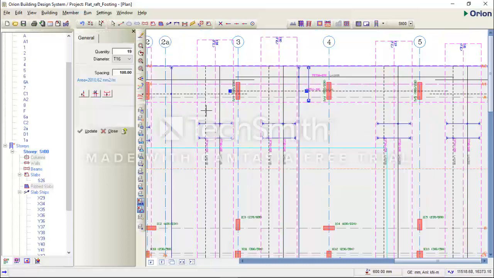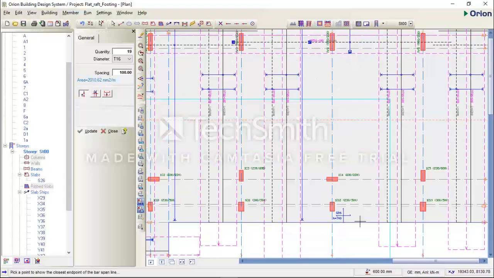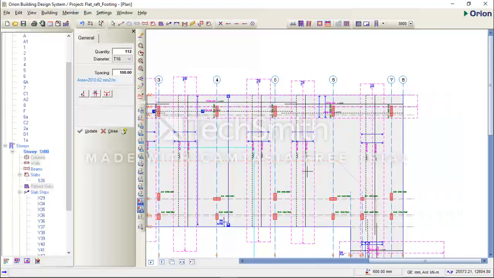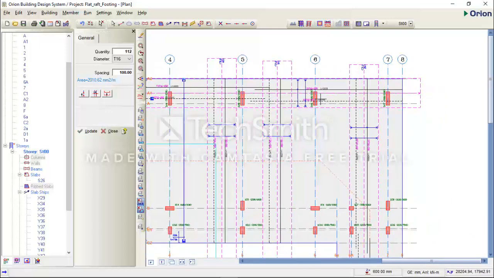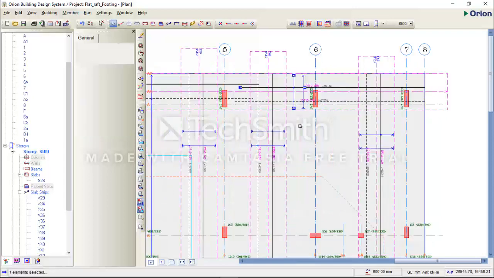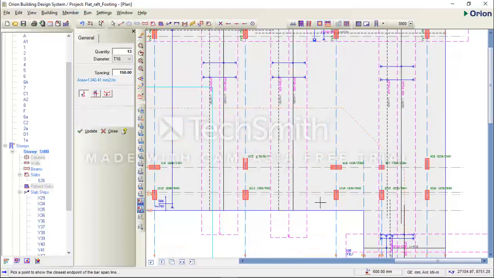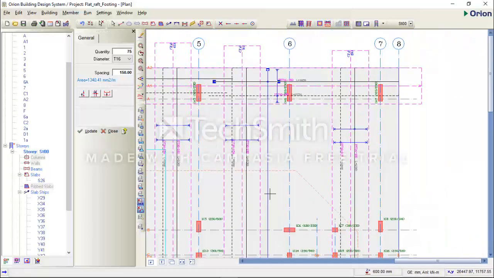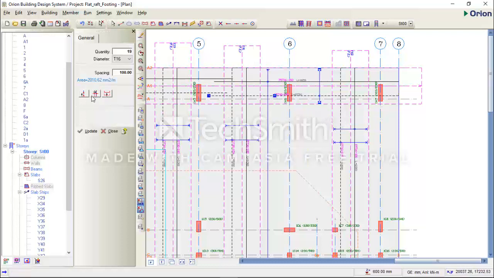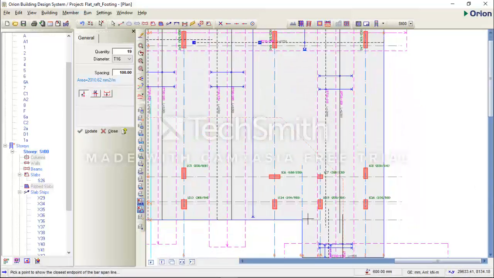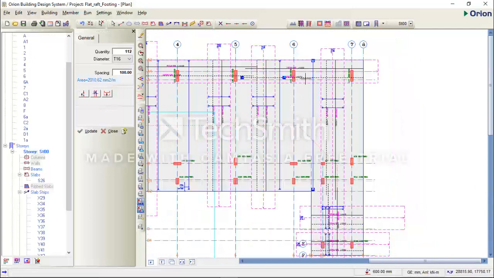I'll move it here, and I will select this point. I still have one more here. So I'll move it here. Select this callout. Now this. Send this here. So this is what we have.